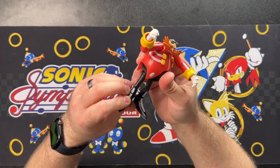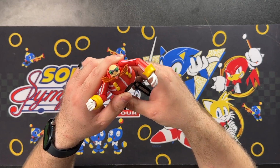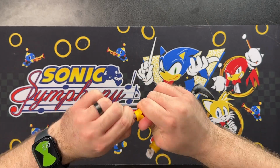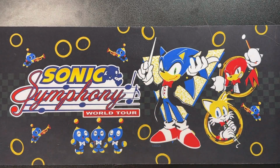And this is probably the most articulated Eggman that we've ever had before. We never had ankle movement on an Eggman figure. We never had head movement. We never had bicep swivels. This is a first, and it's kind of nice. I wish they would have painted his wrists kind of pale going down, just so it could have that attention to detail. But to be fair, this is also a $10 figure, so I don't think they cared that much